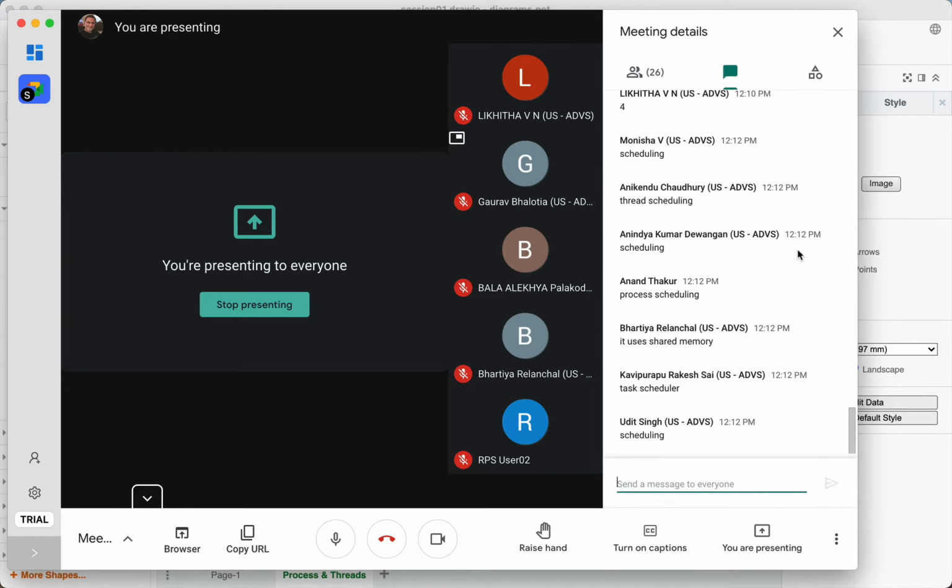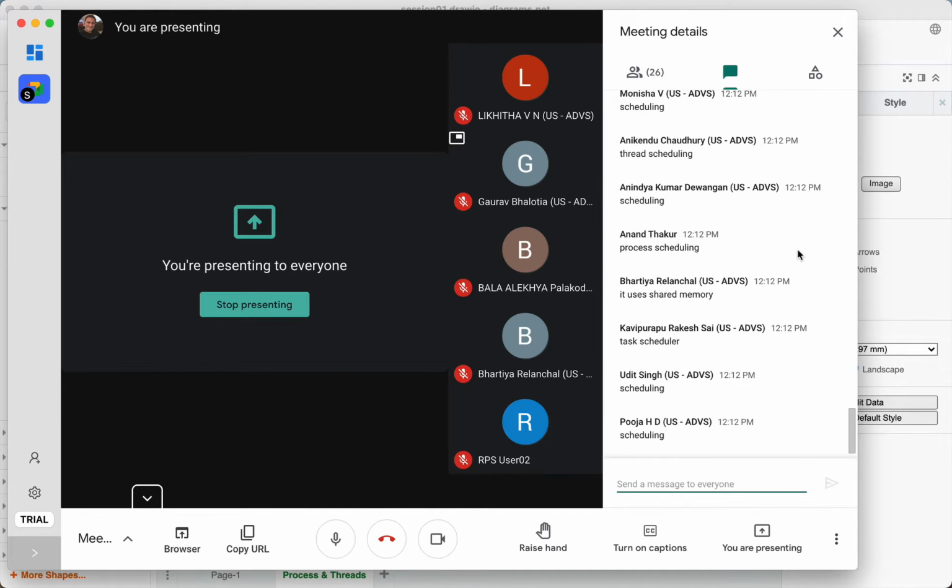Yes, Udit. Very nice. Udit says scheduling. Very good, Pooja. Very correct. It is scheduling. So it is the responsibility of your operating system to schedule the threads to execute on the cores. I didn't say processor. If at all you end up saying processor, you will not be wrong. Even in the articles that you read on the internet, the books that you may read, it may still use the term processor, but essentially what are they trying to say? That the thread executes on the core.